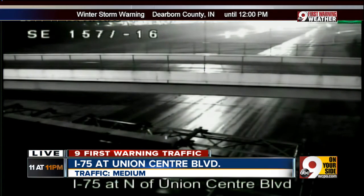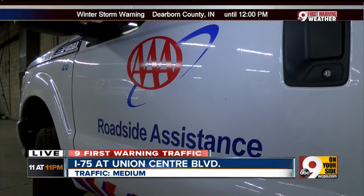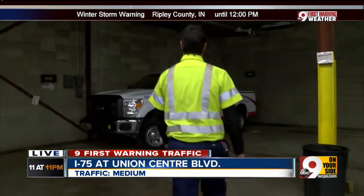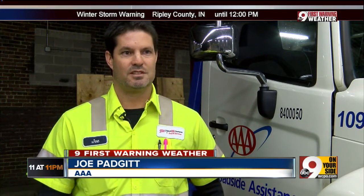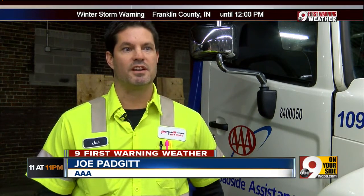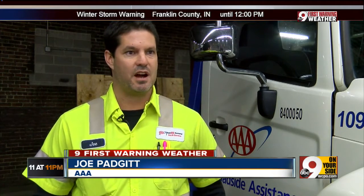Also on the road right now, more than 24 AAA trucks at the ready. Cruiser adding staff to the overnight and early morning hours in case you find yourself needing a little help. We're expecting the snow overnight, which is hitting tomorrow during the commute. It's going to take us a little longer to get to the calls because of the traffic. So that's why we want to stage extra drivers out there to hopefully get people going, get them to work